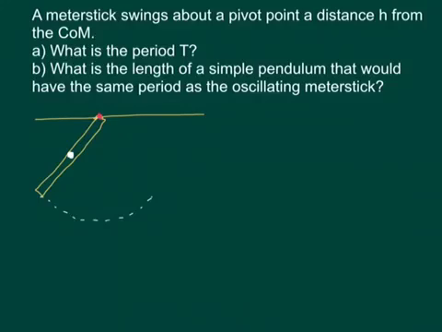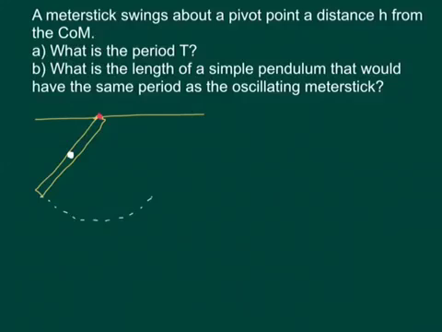This is going to swing in a nice circular path here. We'll treat it as a small enough angle to be in simple harmonic motion. And the first thing we want to know is what is the period T of this meter stick. Again, this is a physical pendulum because it's not just a point mass at the end of the string. So we're going to need our period equation for a physical pendulum,